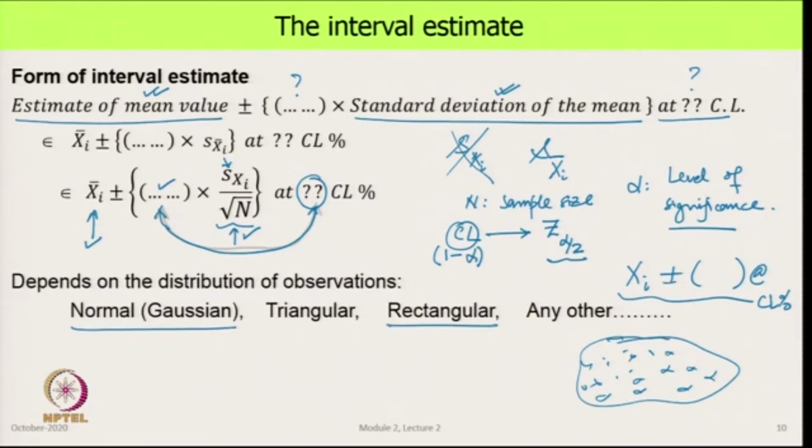or this could be a rectangular distribution, which is very easy to imagine, in that if you go to any spreadsheet or program and say I want a random number, it generates a random number with equal probability between, say, 0 and 1. So, there is no particular preference to any one number being more frequent in that population. That is a rectangular distribution, and from that you pick up some numbers, and that is your sample from a rectangular distribution. There could be other distributions like a triangular distribution. So, that means that these are the numbers, and the probability that this number will come is given by this value. The Gaussian distribution would have had, say, a value like this, and a rectangular distribution would have been something like that.